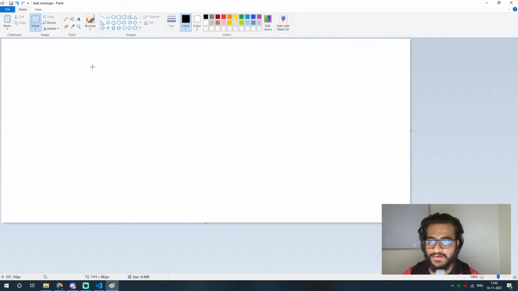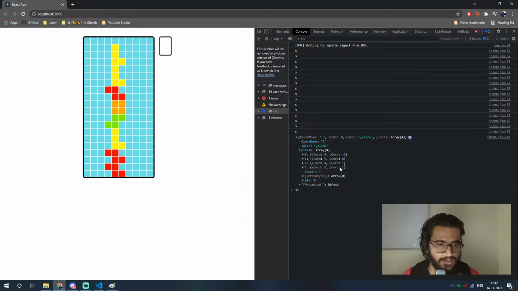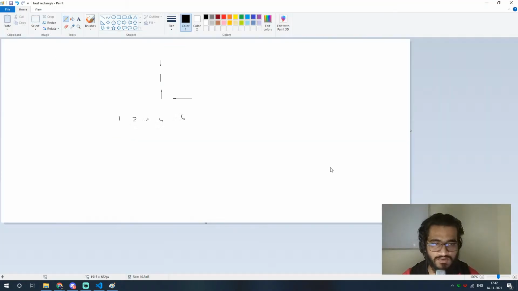So 4 4 4 5. This is the L, this x-axis is 4 4 4, and this is 5 4 and 5 3 2 1 whatever, and the y-axes for L are as follows: the first y-axis, 1, 0, and -1, and because of this -1 pixel,